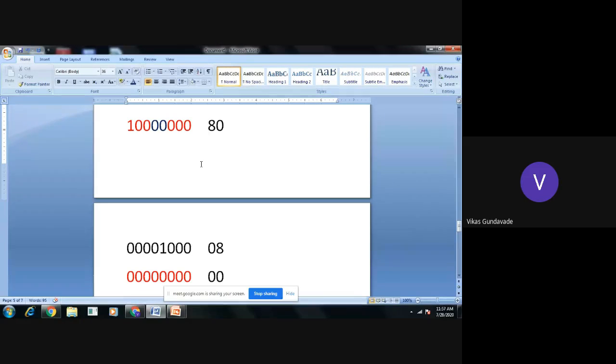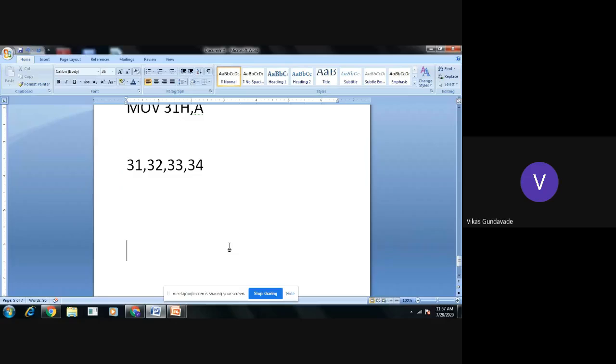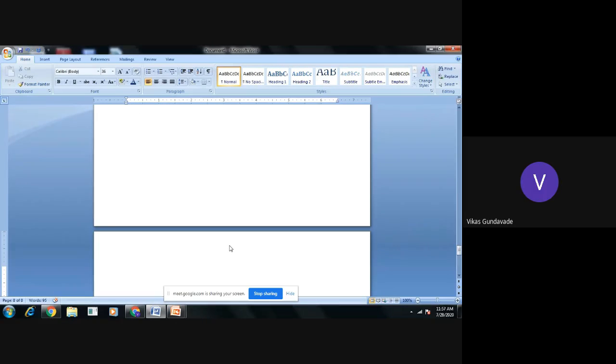I am not getting the response. Okay, so this is the 32-bit addition. Similarly, you can write the program for 32-bit subtraction also. So these are the simple programs which we have seen using the data transfer instructions and arithmetic instructions. So should we move further towards the other instructions, or are there any queries for these arithmetic operations and data transfer instructions? Are there any queries?